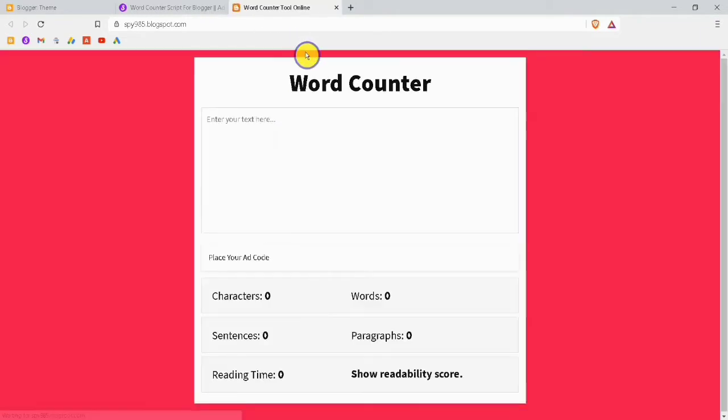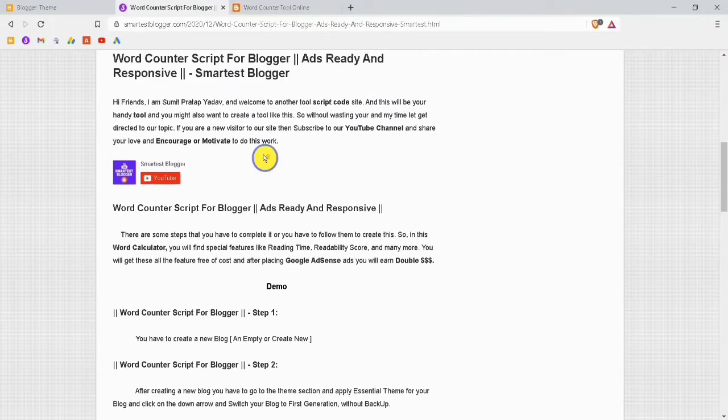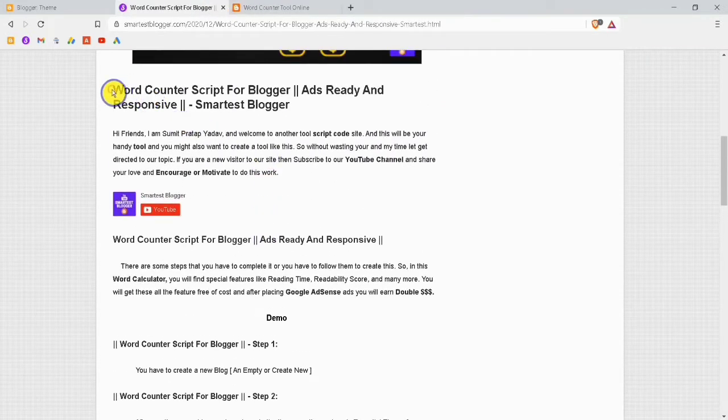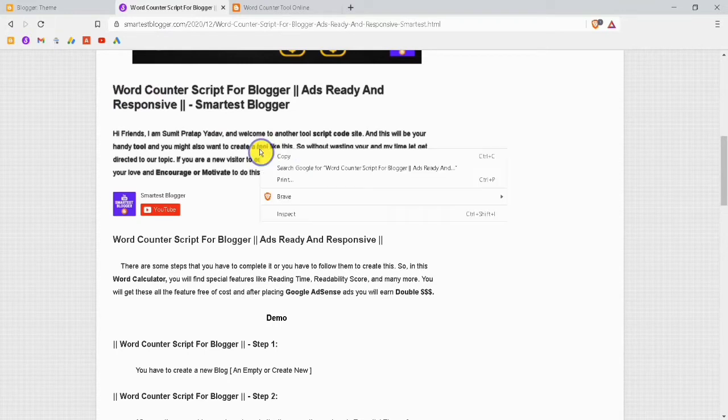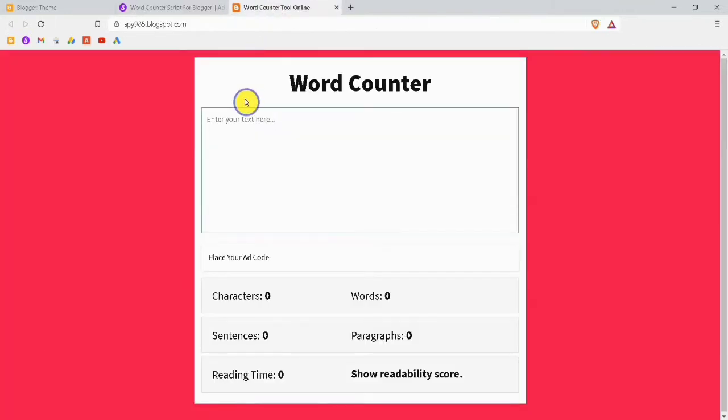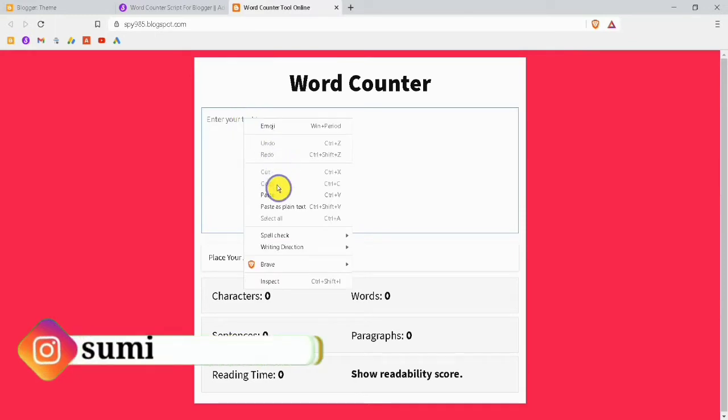So here you will see the demo page of the word calculator or word counter. Here you want to add some text. I will copy some paragraphs from here. After copying, I will paste here.